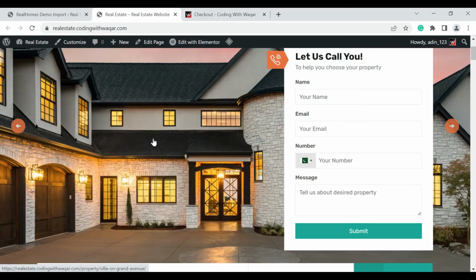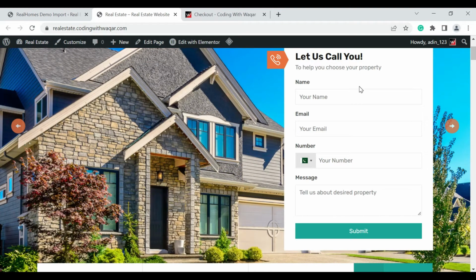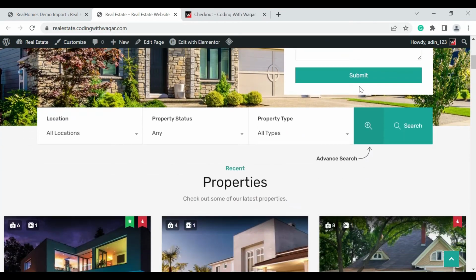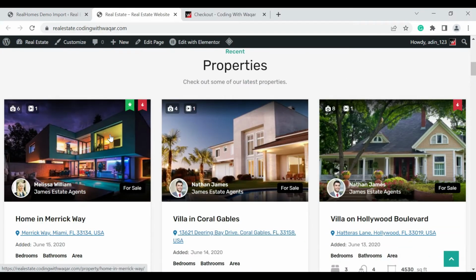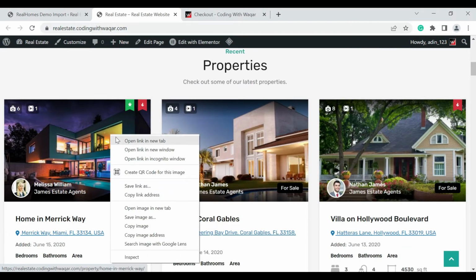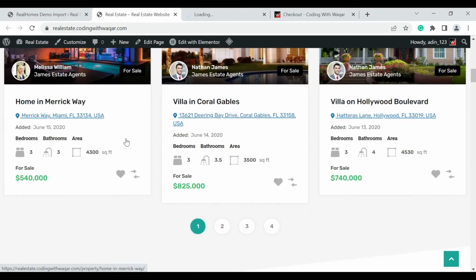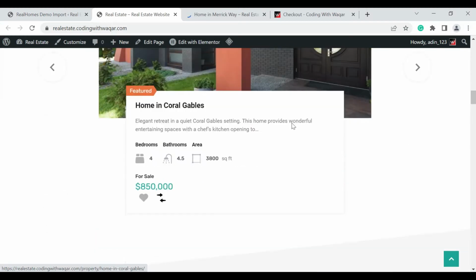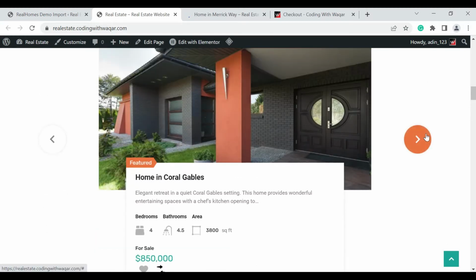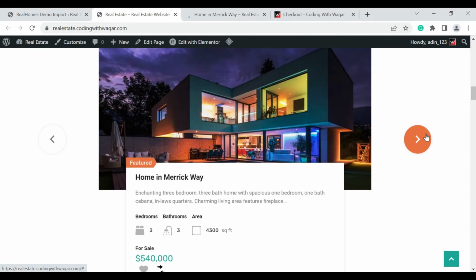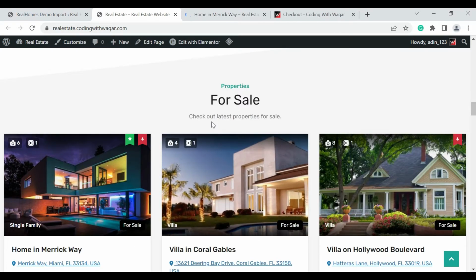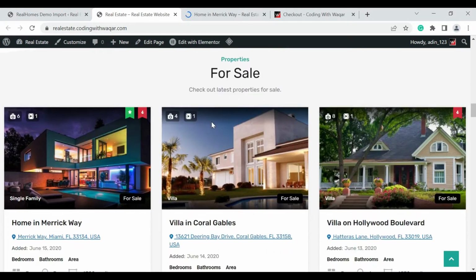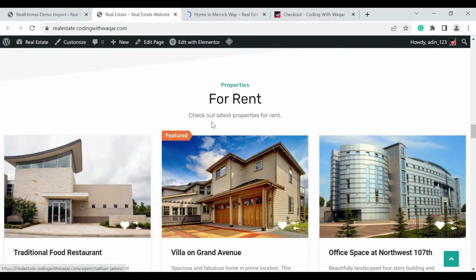In the background we have slider images. In the foreground we have a contact form, "let us call you", or we have a property search option, then we have properties, then we have the featured properties option, then we have the option of for sale, check out latest properties, then for rent,